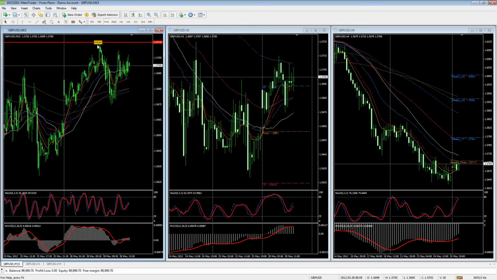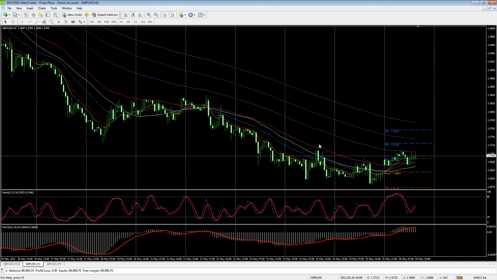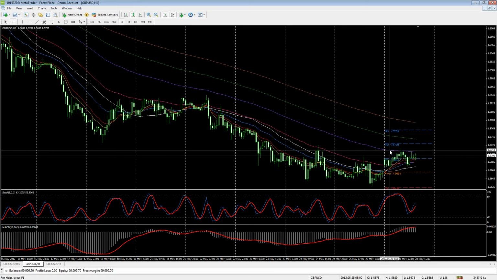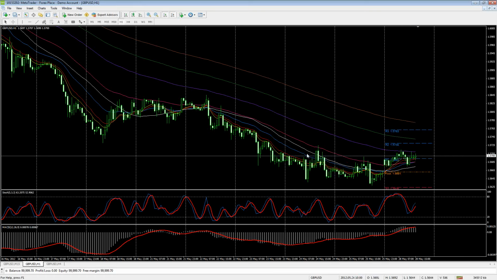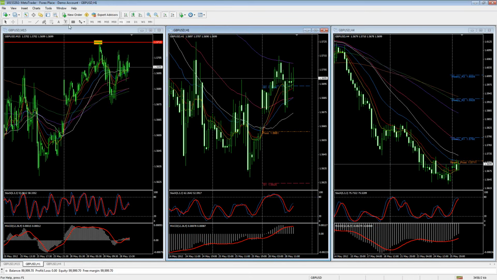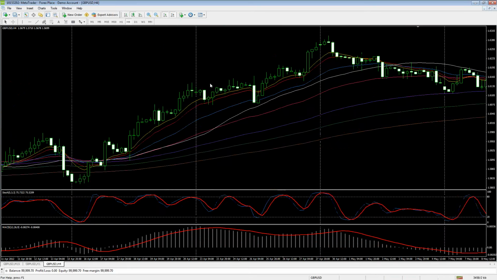So I know I have resistance here on the 15-minute chart. I know on the 1-hour chart that I have this 100 moving average, and again I know from this chart that I also may have resistance around here. So I know I have this moving average, and on the 4-hour chart you can see here